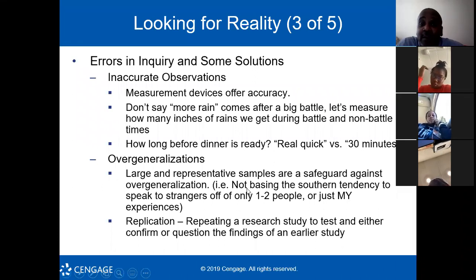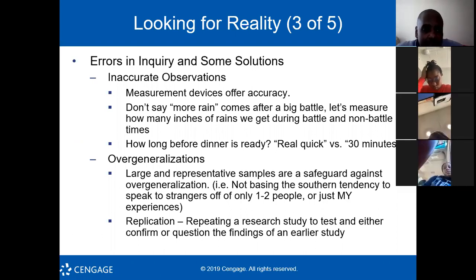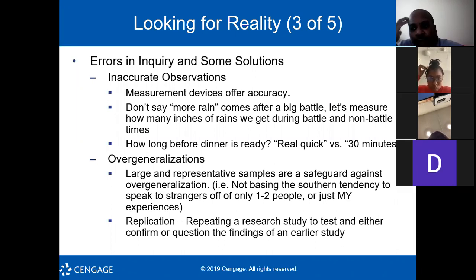We also want to be careful about overgeneralizations. A lot of times, because like I said, Janiyah, we want to relate science to your observations. However, a lot of times people observe things, and their minds will play tricks on them, or they'll overemphasize what they have observed. So for example,